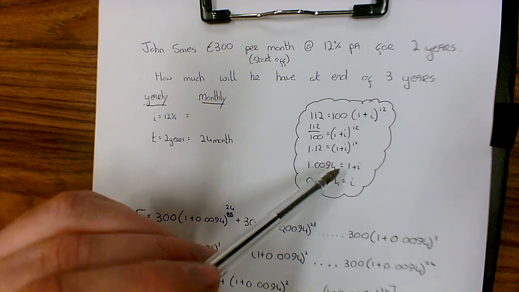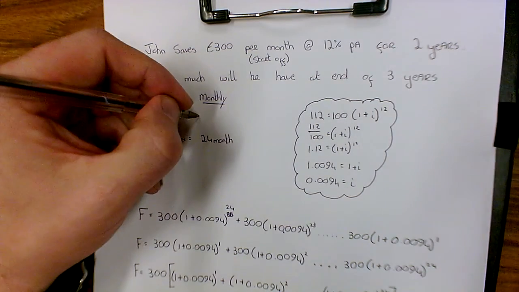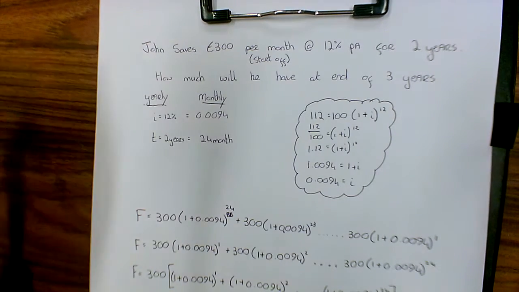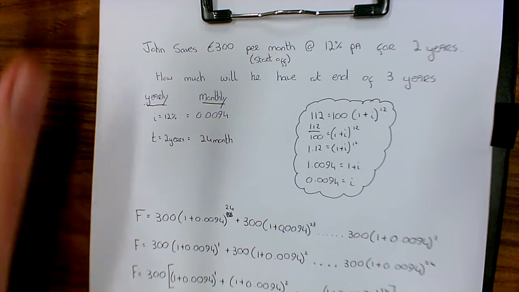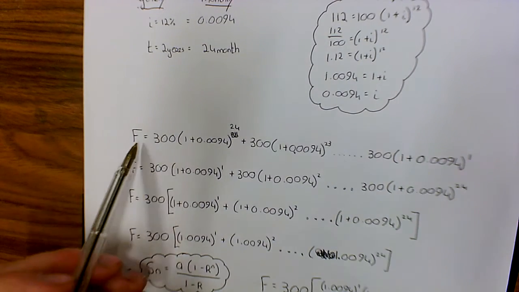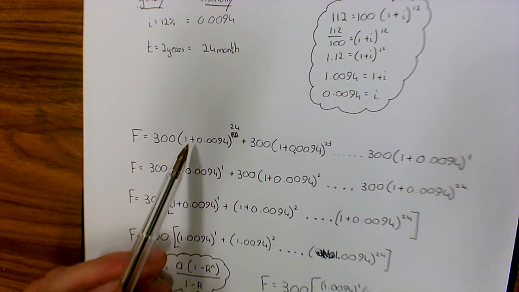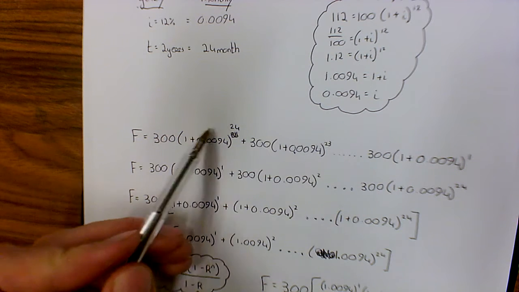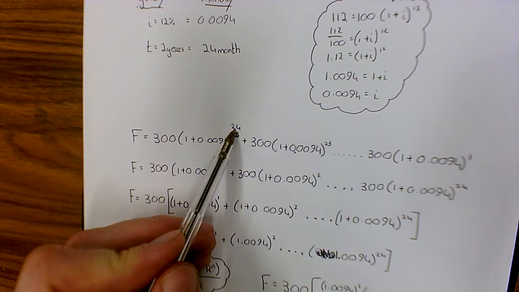If you want to, you can pause this now and take a closer look at something. So this will be 0.0094. Okay, and 2 years is 24 months. Right, so if we look at what's going on, we have €300 invested at the very start, the very first month, and it's going to be there for 24 months, so it's going to get 24